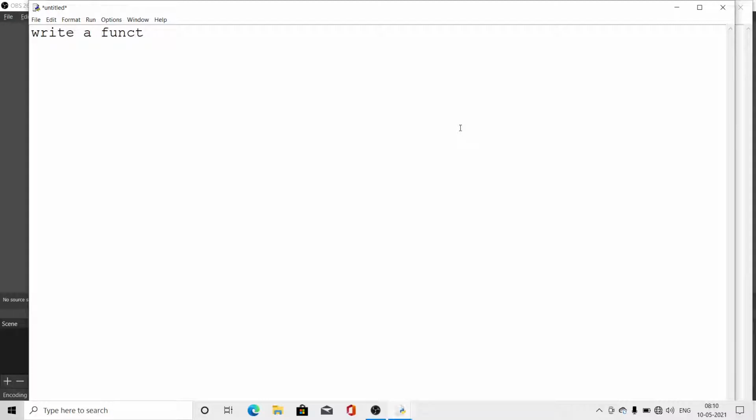Write a function that takes a number as input and finds the square and cube of that number. Clear? Look here.